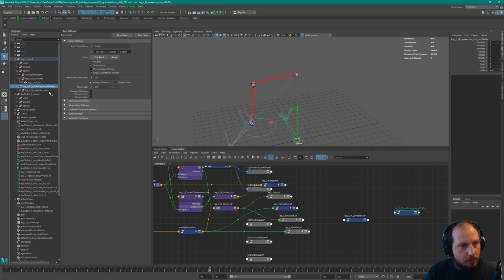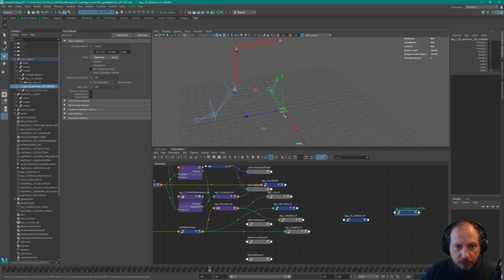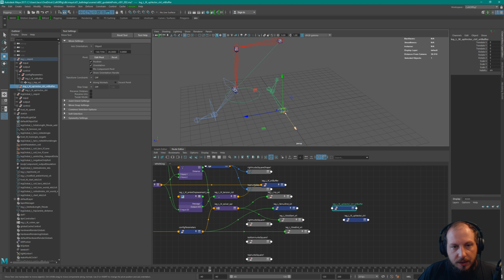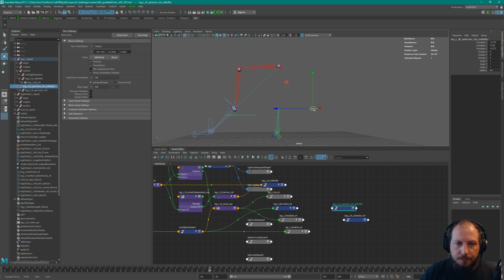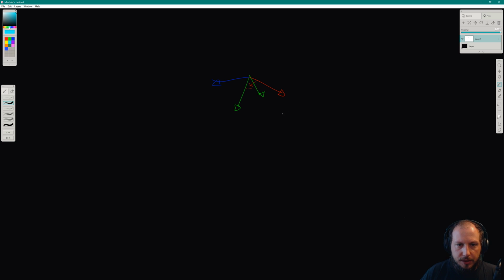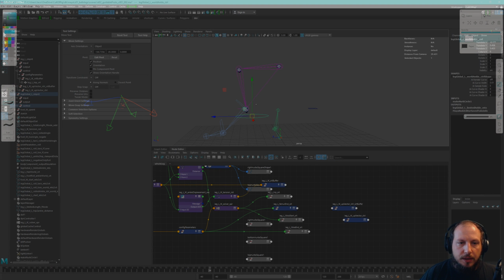Up to you whether you want to complicate your life by dealing with pivots as an attribute or as a DAG item. So, all right. Now the first thing we want to do for upvectoring is basically find out how much do we need to roll around these axes. So let's bring that up again. So we do have an axis, and at this point, like the IK handles